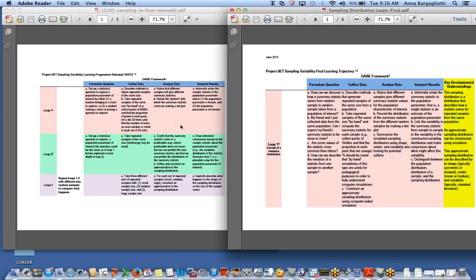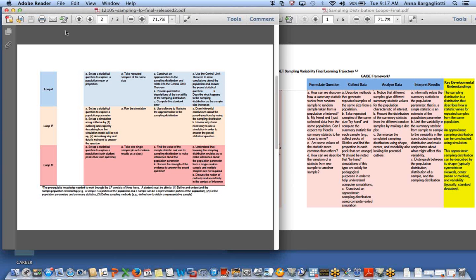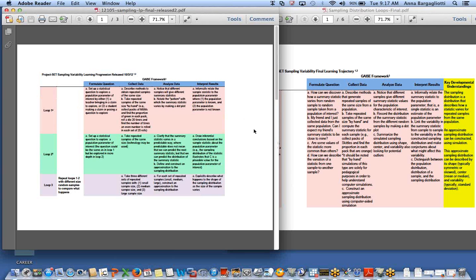So the loops, the horizontal rows, represent the processes that a teacher would have to go through. In other words, they would first start with loop 1, go through the GACE process for loop 1, come out. If they progressed through that just fine, they would go on to loop 2, progress through that, and then go on to loop 3, progress through that, and then keep going down to loops 4, 5, and 6 in the original. And so when you look at the original, we had those 4 columns with the GACE framework,